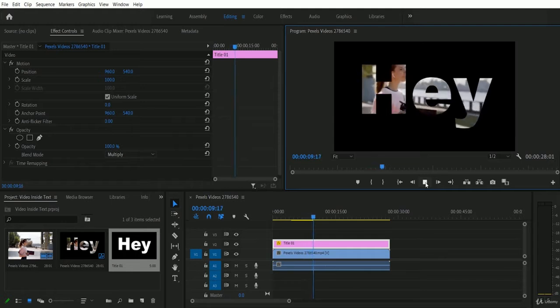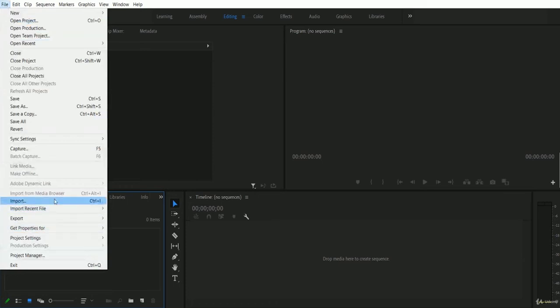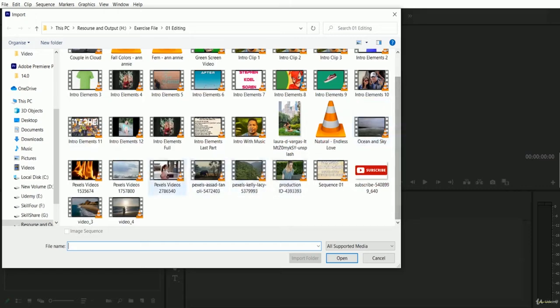So let's take a look at how I will place a video inside the text. Right now we are going to place the video inside the text, and therefore you just have to create a project, and you can take a look. This is my project named video inside text. Okay, great. Right now we have to import a video from our exercise file, and you know how to import it. You just have to go to the file menu, import option, and inside our exercise file you will get this